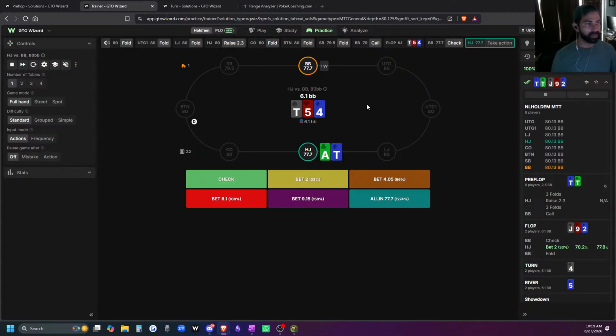10-5-4 rainbow. On rainbow textures, you typically get to use large sizings. On two-tone or flush draw boards, however you want to call those, you typically don't use that big of sizings. You can use like 75%, 80%, and the reason why you don't use too big of a sizing on flush draw textures is because the turn is often going to bring in the flush, or at least 25% of the time or so, the flush comes in on the turn, and a lot of your hands get